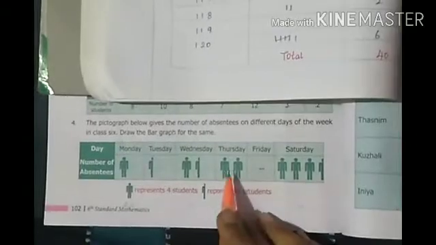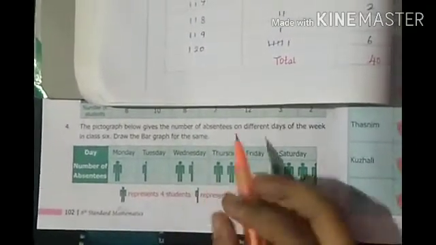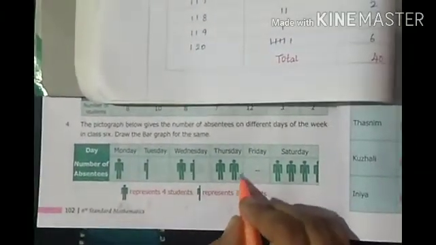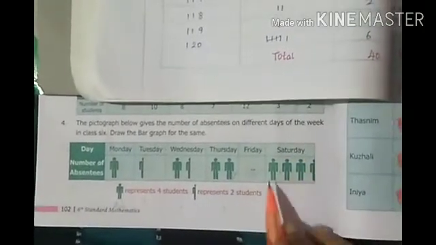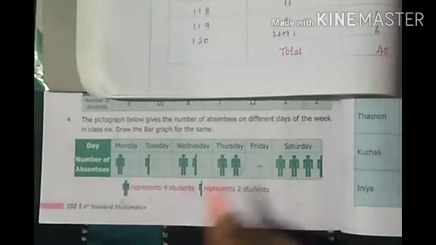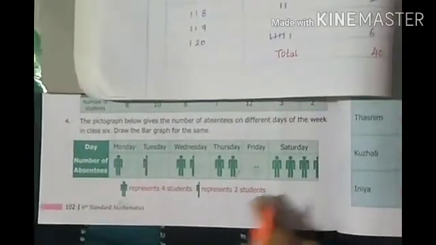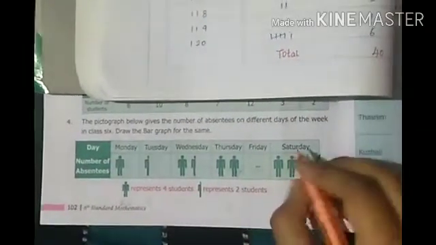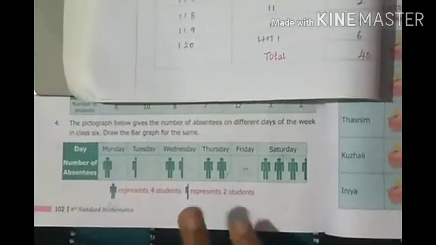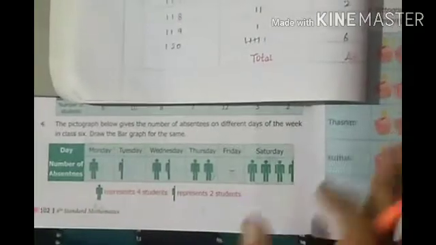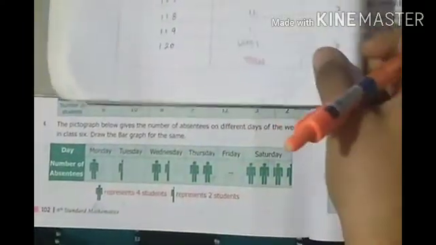The next one, the 2 is full. So then you will be getting 4 plus 4 is 8. Now Friday is 0, so nil it is. Next one, Saturday, 1, 2, 3. So 3 fours are how much? 12. So this 12 plus this half, which is 2, you will be getting 14. Now we are going to represent this with the help of the bar graph.